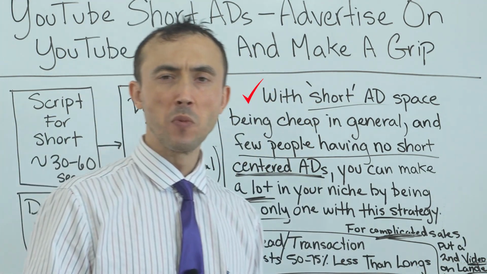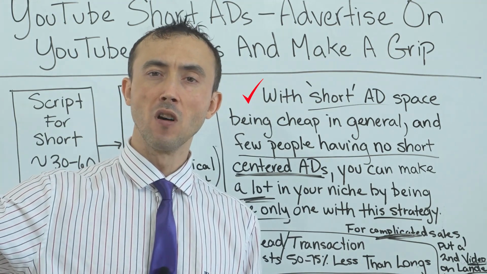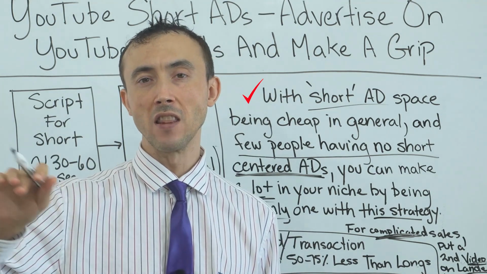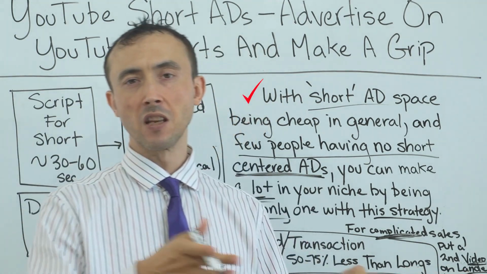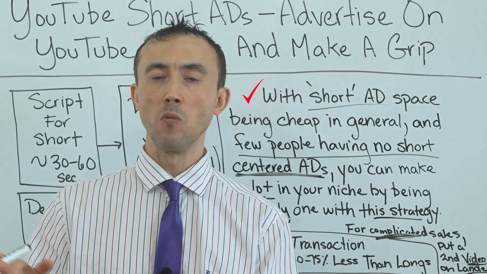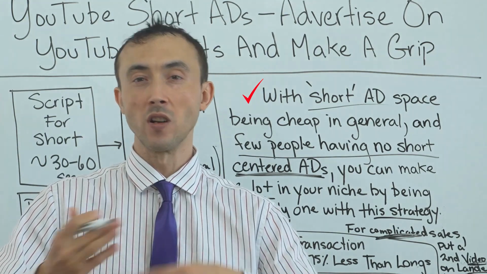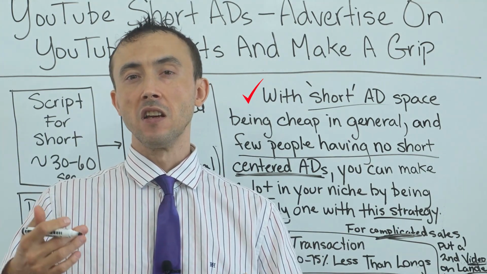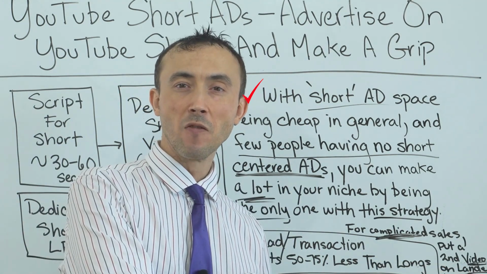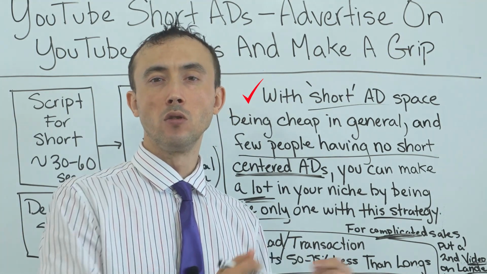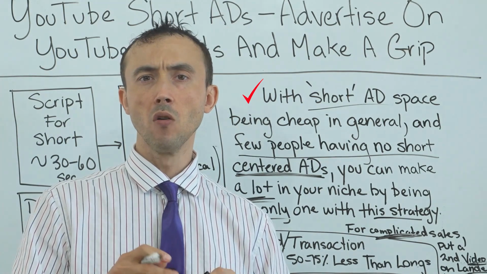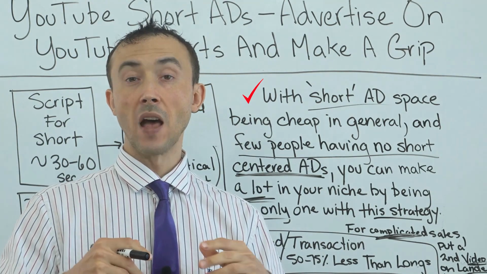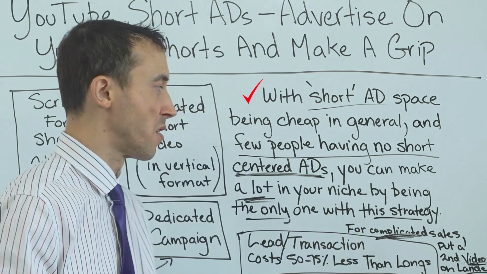An alternate way would be to send them to a long version of a video on YouTube, which is another way that we've done it in the past. But you're going to get better results out of sending them to a landing page on your website with another second video on it, because once people get into your domain, it's harder for them to just exit out of the video and go to another video on YouTube and whatnot. So that's why it's going to convert better.